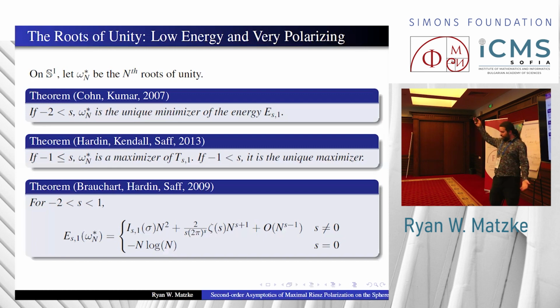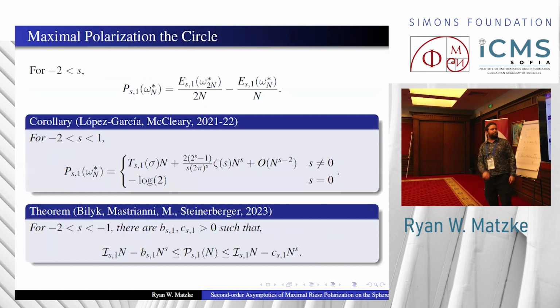So to work our way towards asymptotics of polarization, we make use of the fact that if S is greater than -2 and you have the nth roots of unity, the locations where you find the minimal potential are exactly in the middle of the arcs between consecutive points, which themselves are just 2nth roots of unity. So we can rewrite the polarization of the nth roots of unity as a difference between the energies of the 2nth roots of unity and the nth roots of unity, both of which we know the asymptotic expansions for. And so